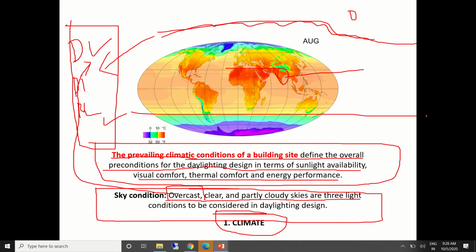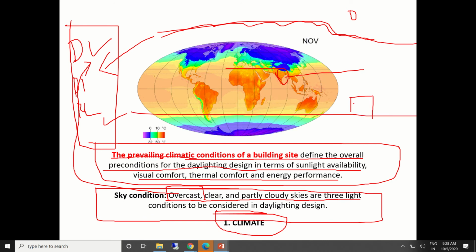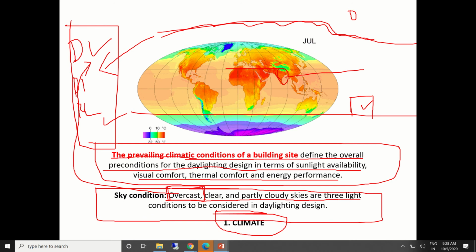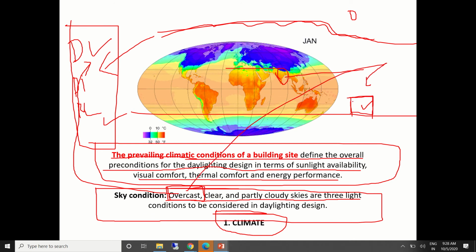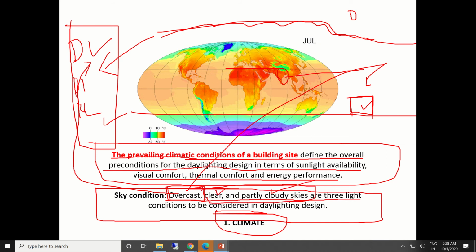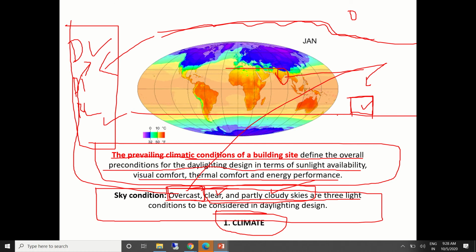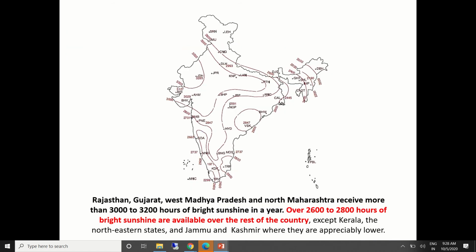Okay, and I told you last time that if we achieve desired daylighting conditions under overcast situation, then we will be able to achieve desired daylighting in other conditions as well, because it is either clear sky condition or partly cloudy conditions. So these two things you should keep in mind when we talk about climate and its influence on availability of daylight.